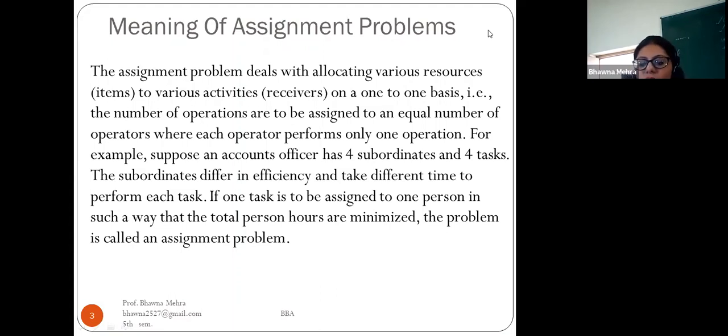The assignment problem is a special type of linear programming problem in which the objective is to minimize the cost or the time of completing a number of jobs by a number of persons. The assignment model allocates resources to various activities on a one-to-one basis in a way that the resultant effectiveness is optimized. The simplest and most efficient method was developed by a Hungarian mathematician and is known as the Hungarian method.